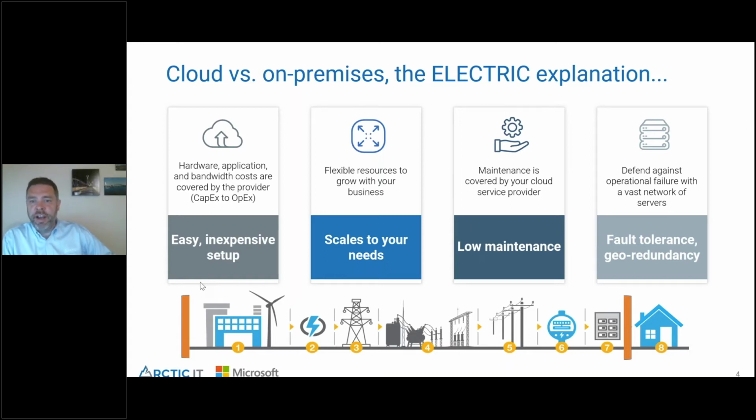I don't have to worry about if a power supply goes out. I don't have to worry about the physical plant, the infrastructure, the locks on the doors, all of that kind of stuff. All of that maintenance is taken away from me, and the cloud service provider handles all of that for me. And then you really have a lot of fault tolerance and geo-redundancy that most organizations just can't afford to put into place. So moving to the cloud allows you to be really fault tolerant and geo-redundant. Even if there was a localized disaster, because you're in the cloud, you would be okay.